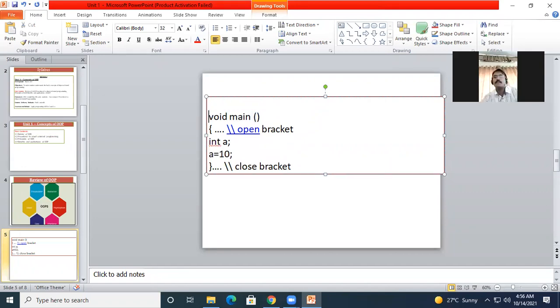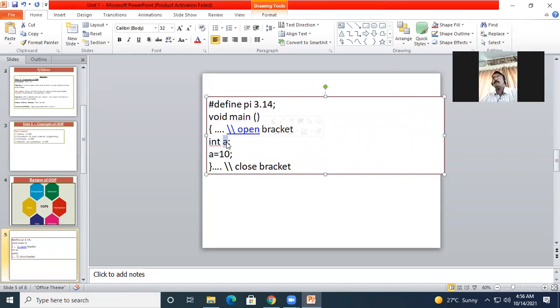If I declare here, let's say, hash define pi 3.14. Okay, now here I have defined the value of the pi variable as 3.14. Now, a variable, I can give a name to that variable.